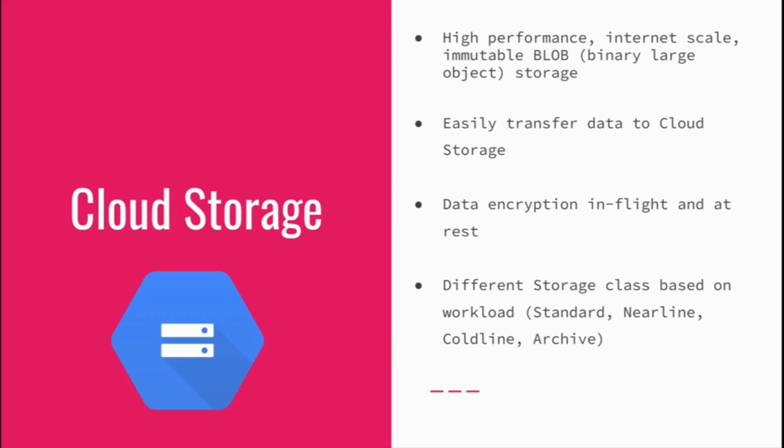The very first thing I'm going to talk about is cloud storage. Now, cloud storage is a service for storing your objects in Google Cloud. The objects can be anything. The objects can be structured or unstructured, or it can be any format. It can be images, it can be your PDF file, it can be even structured data. What cloud storage offers is a durable and highly available object storage, as I said, for both structured and unstructured data. It can be your log files, database backups, export files, images, binary files, and almost many of those files that are there. One thing to note is it is immutable storage.